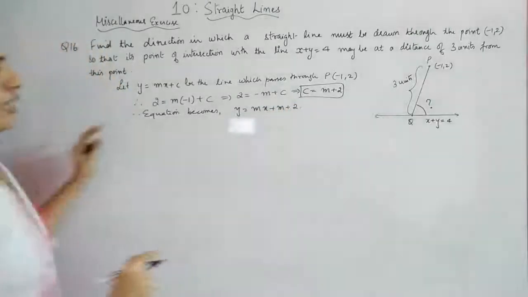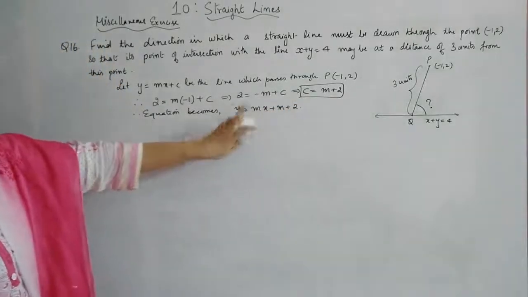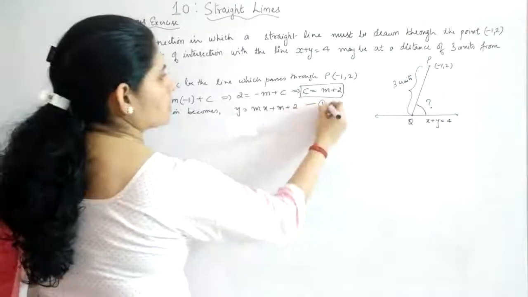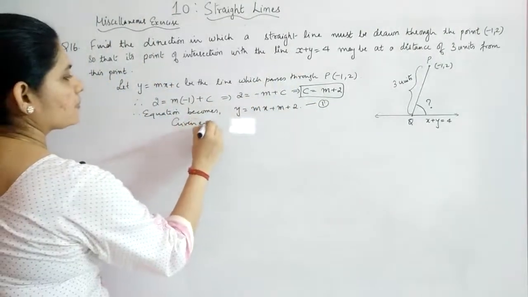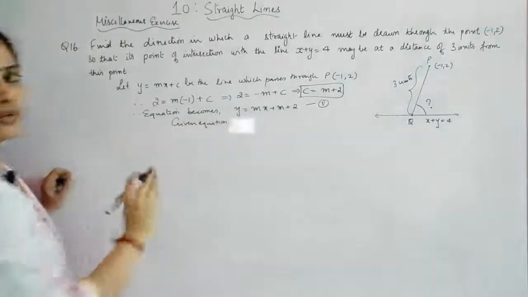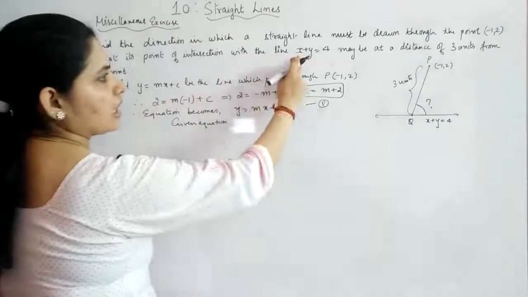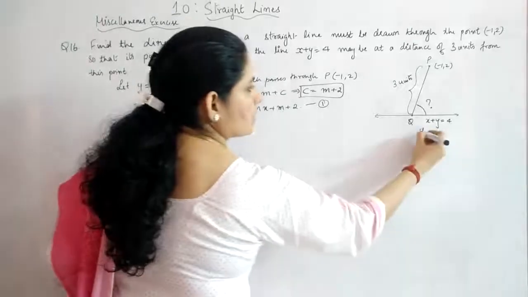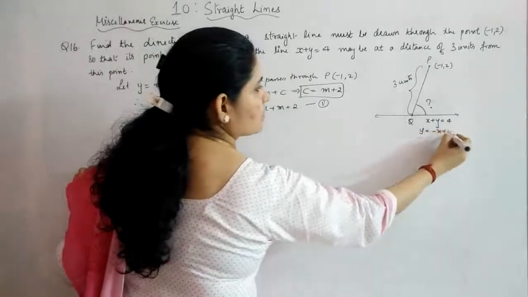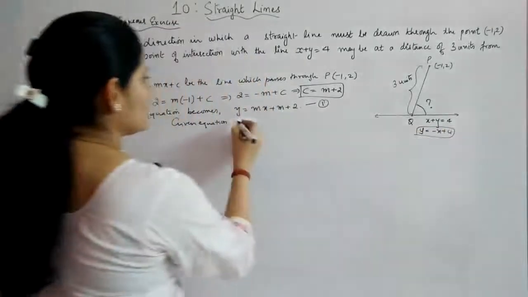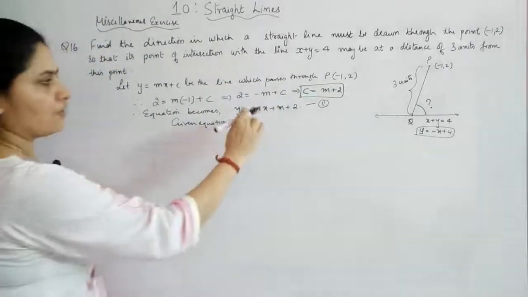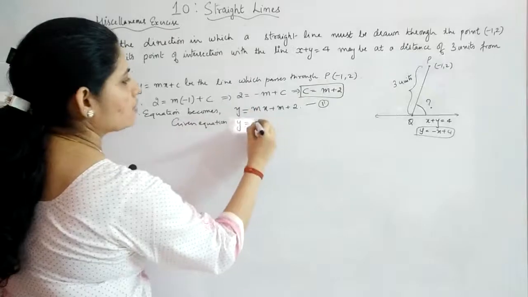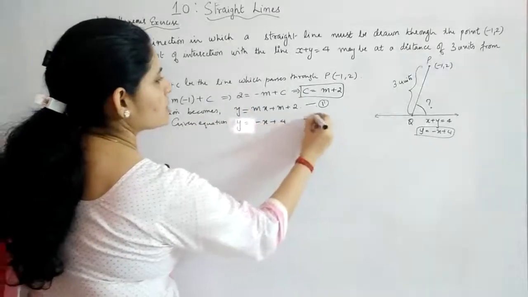Now this is your equation number 1, suppose, and what is the given equation? This one. The given equation we are taking in order to solve both the equations. And again x plus y equal to 4 can be written as y is equal to -x plus 4, because the first equation is of that form. So y is equal to -x plus 4. Let it be equation number 2.